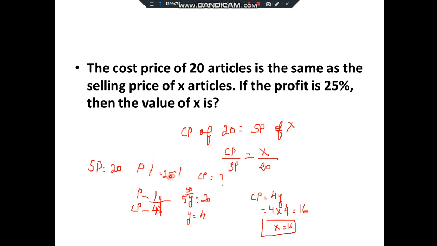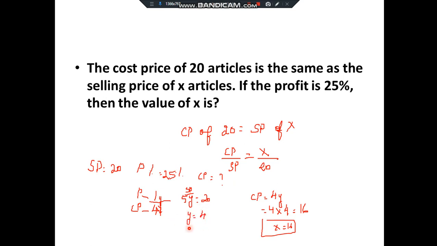So, from profit percentage, find profit by converting it into fraction. So 25% equivalent fraction is 1 by 4, right? So what we got? 1 by 4, which means 4 is cost price and profit is 1. So we will represent as 1y and 4y. So selling price would be 4 plus 1, which is 5y. 5y is equal to, they have given SP is equal to 20. So 5y is equal to 20. Y is equal to 4.